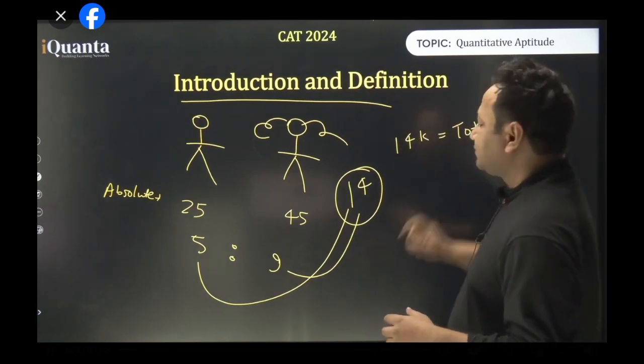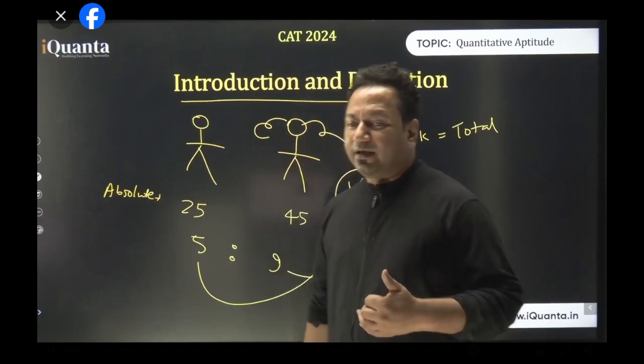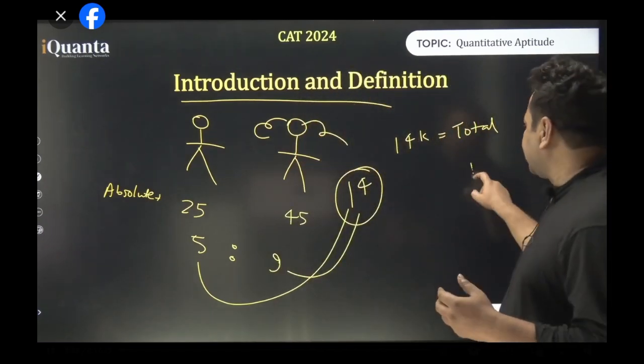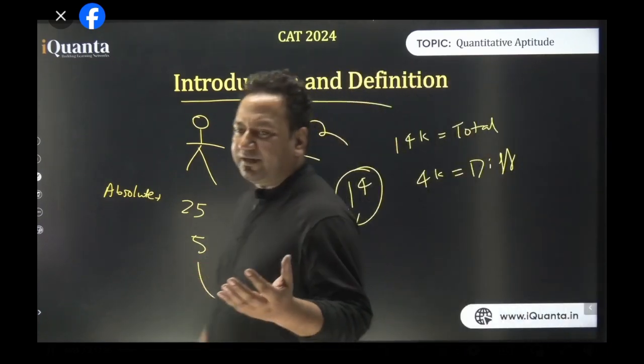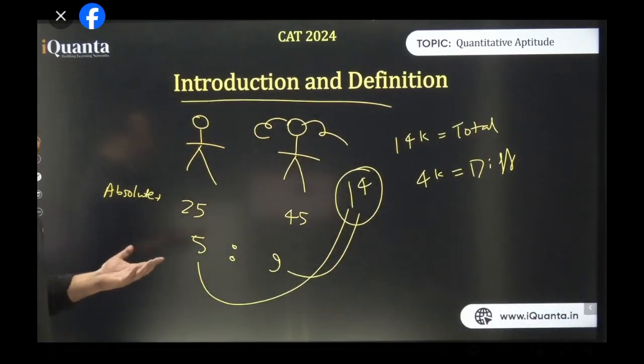Isn't it? At the same time, we can also say that the difference in the number of chocolates between the girl and the boy will always be a multiple of 4. I put k here, k is any arbitrarily chosen constant. Okay, 14 ones are 14, 14 twos are, anything is possible. Alright, so now you can check it.